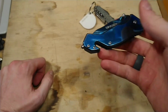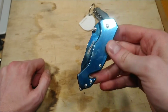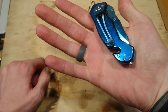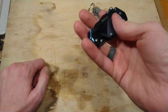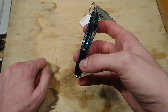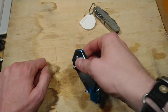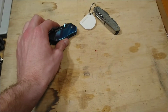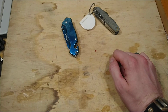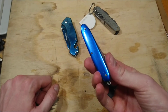I don't know. I think I originally bought this, well, honestly, I bought it because it was shiny and blue and cheap. And I think I kept it in my car as a car knife for a while, just because of the glass breaker and the seatbelt cutter, which I never bothered checking. But eventually I just got something better. But those are the only two that have featured any real pocket time. Originally one was by my brother. The only one that has had minimum pocket time is this little